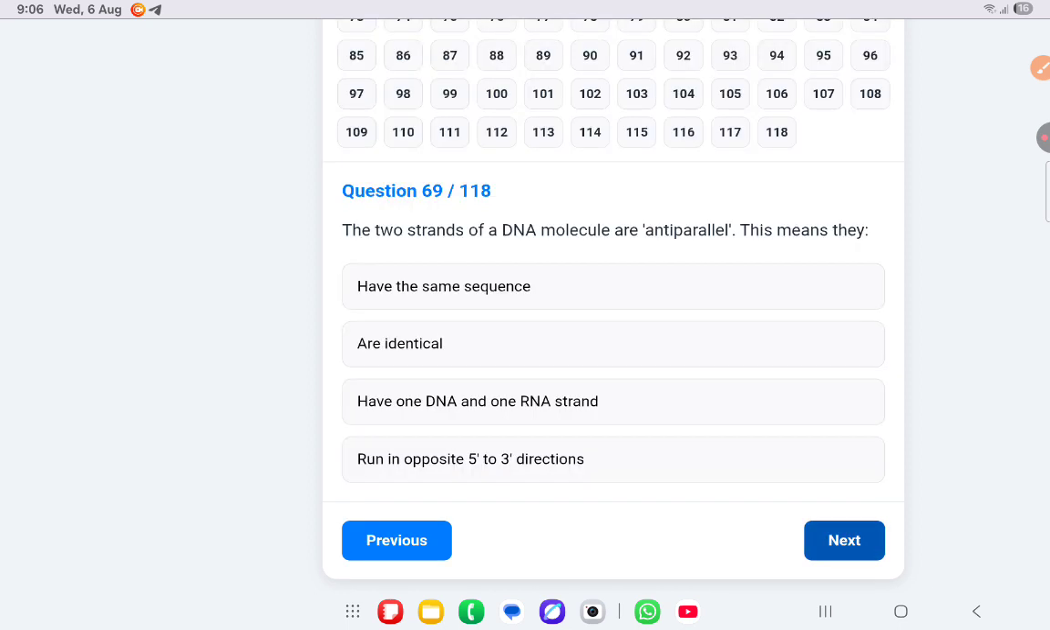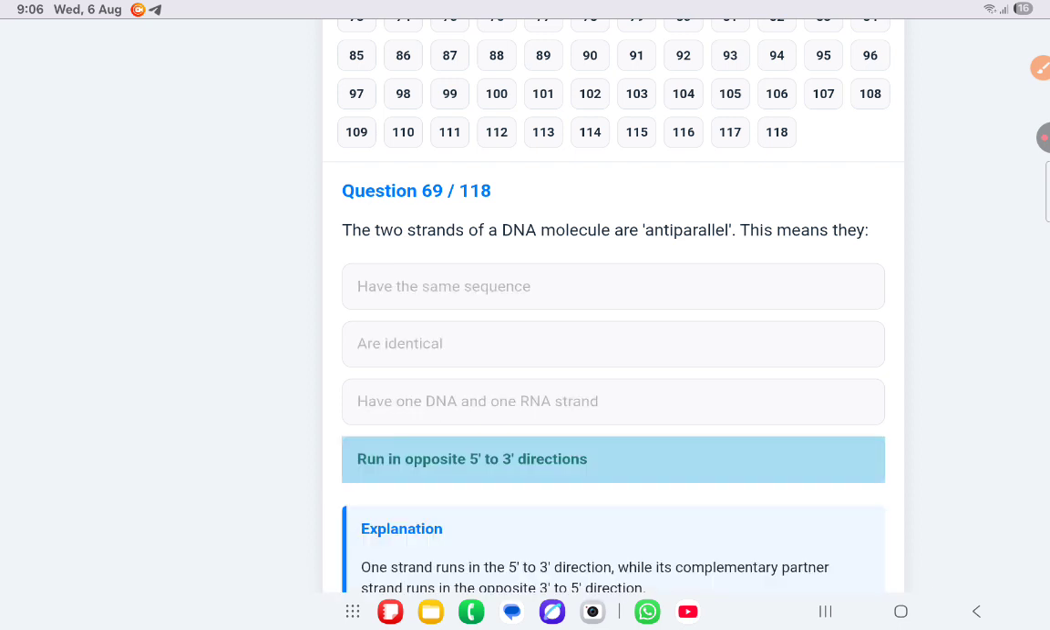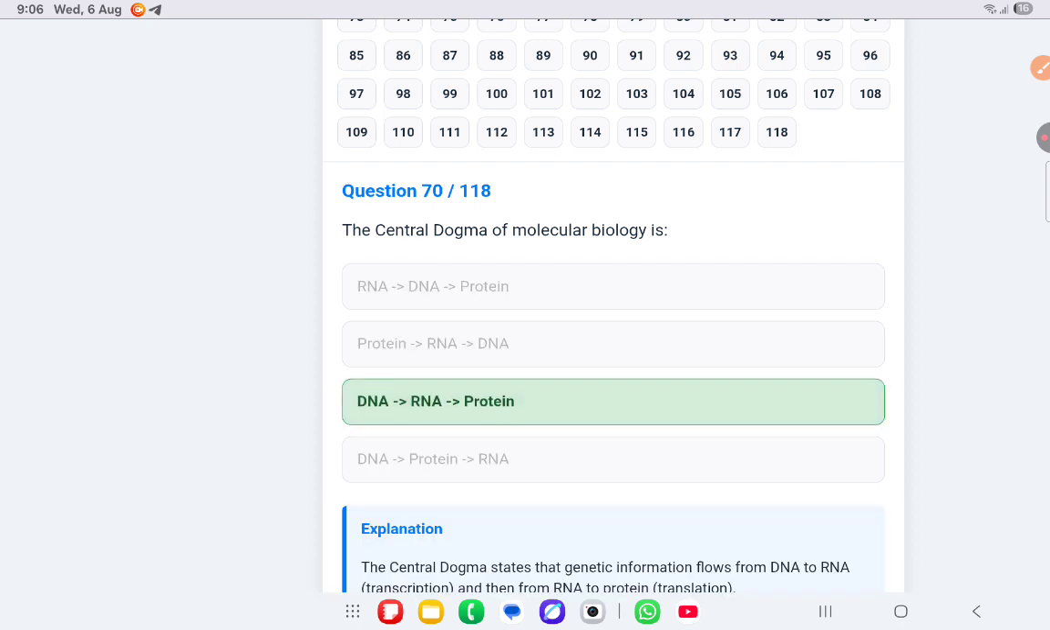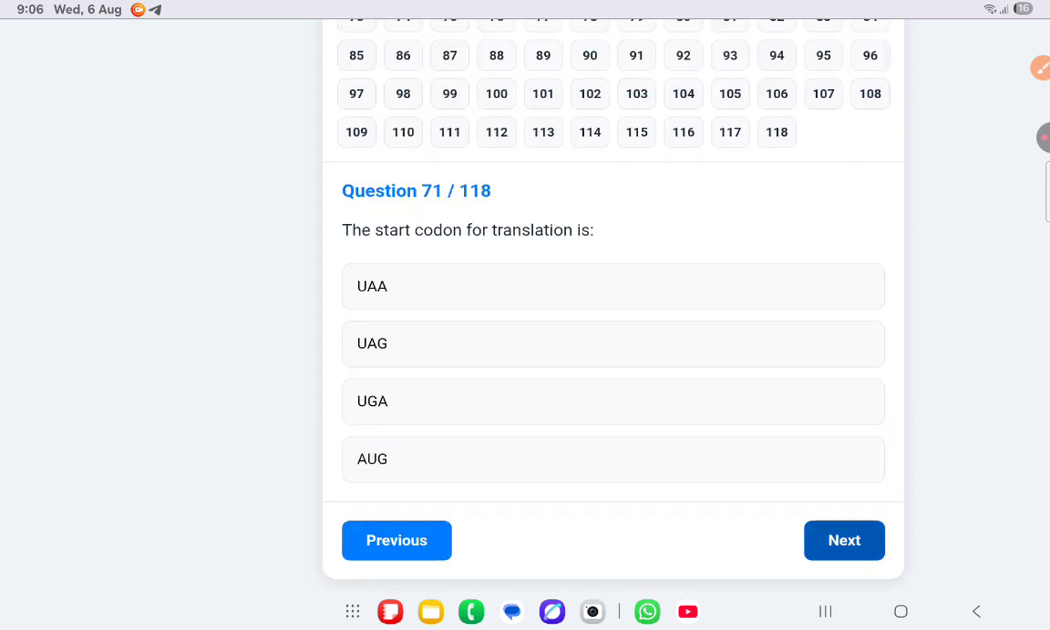Next, the two strands of DNA molecule are antiparallel. This means they run in opposite 5 to 3 directions. Next, the central dogma of molecular biology is DNA, RNA, protein. Next, the start codon for translation is